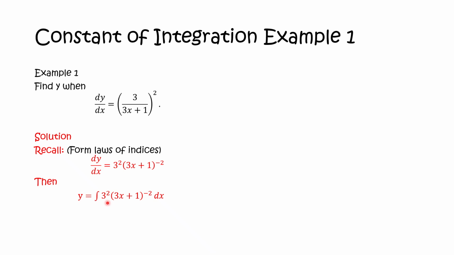With that in mind, recall from our previous videos, if we are multiplying with a constant, we can take it out of the integral so that we deal with the x terms. Now we are going to have 3 squared out of the integral times the integral of (3x + 1) raised to the power minus 2 dx. Simplifying that, we would have 9 times 1 over 3 times minus 1 times (3x + 1) raised to the